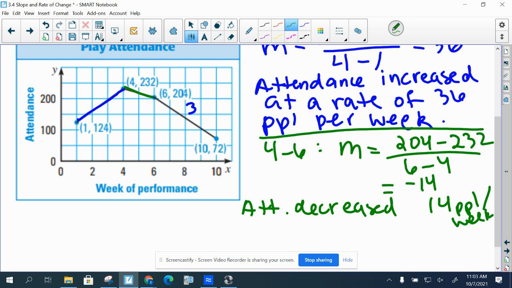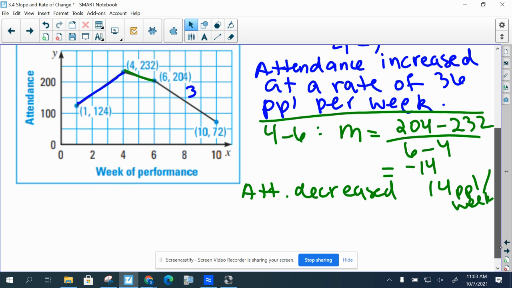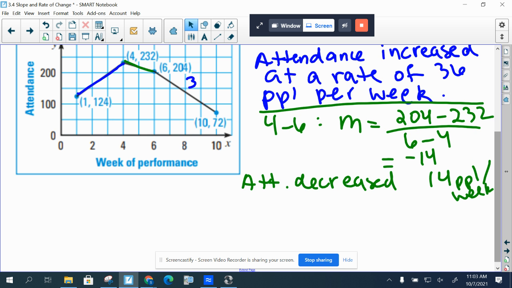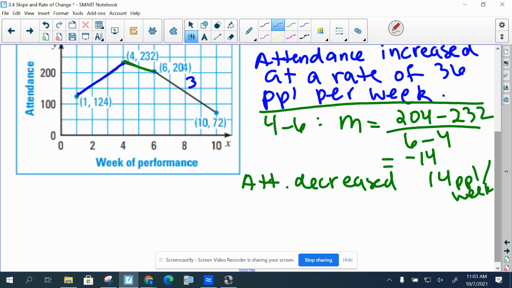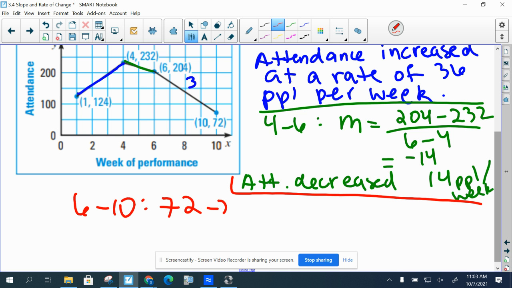And then, yeah, from 6 to 10 was either just a bad time, or just by that time everyone had seen the plan. So for 6 to 10, 72 minus 204 over 10 minus 6 equals what? Negative 33. So decreased